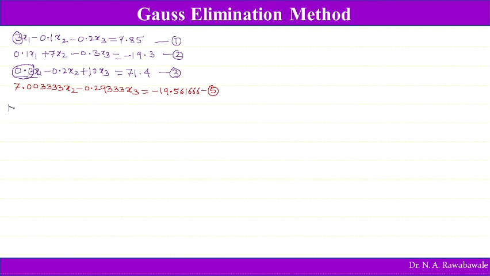So multiplying equation 1 by 0.3 and dividing it by 3, we get,